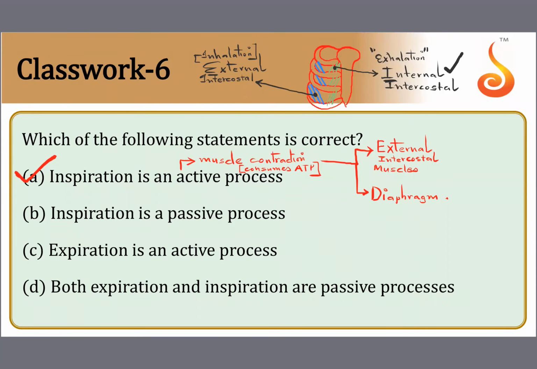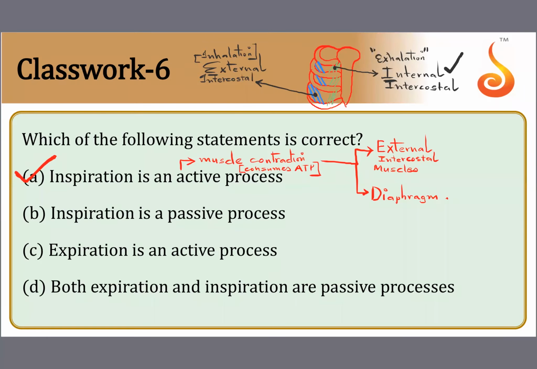It doesn't require any muscle contraction. Just that when your muscles relax, when the rib muscles relax, that's when you have your normal exhalation that happens. When do you have to spend a lot of energy is if I ask you to breathe very, very forcibly. Put all your might and breathe out. Then only for forced expiration, you will be needing the internal intercostal muscles.